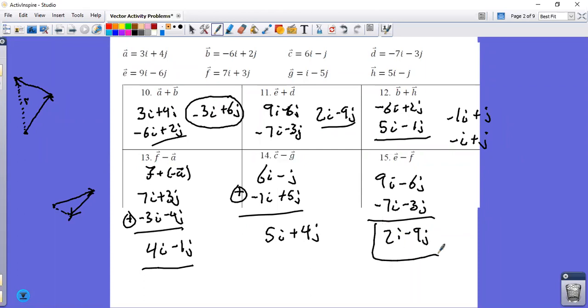Thank you, Zoe. Perfect. All right, so adding, subtracting, pretty straightforward. When you do the scalar multiplication,